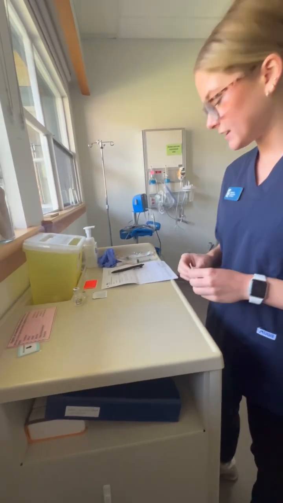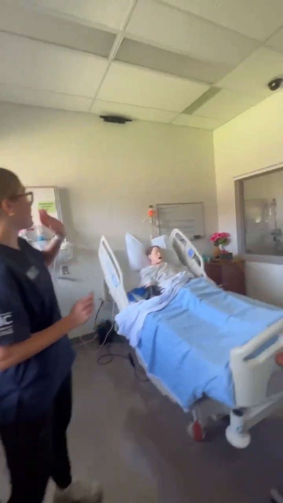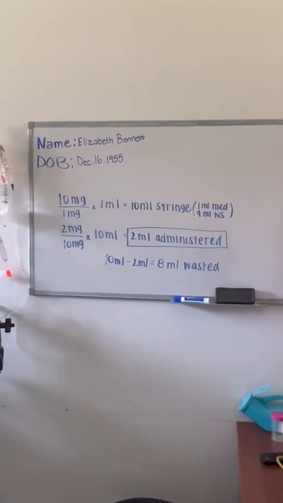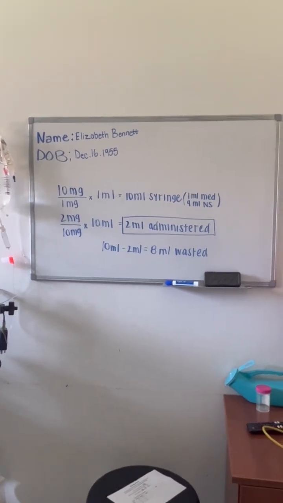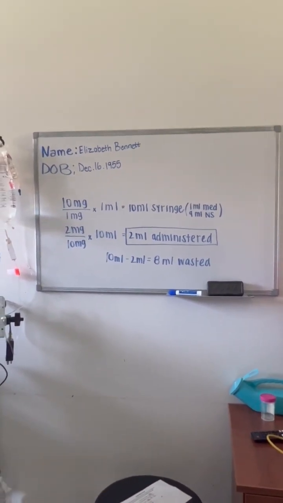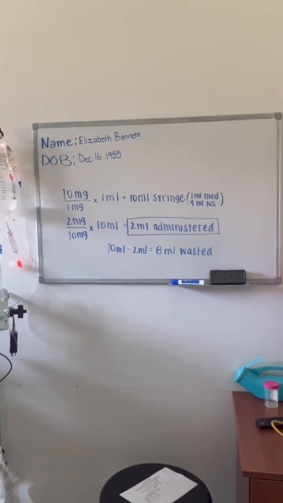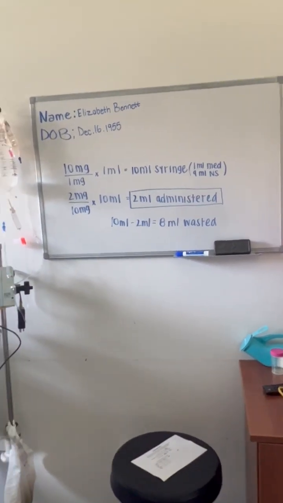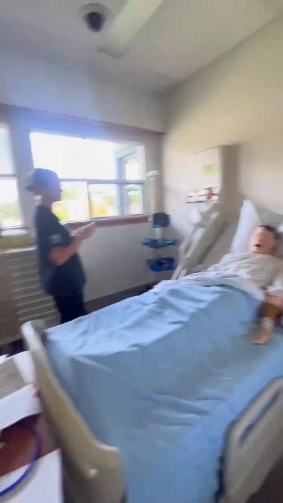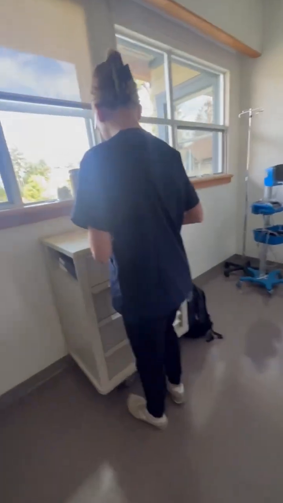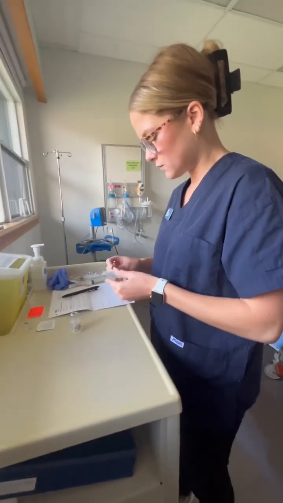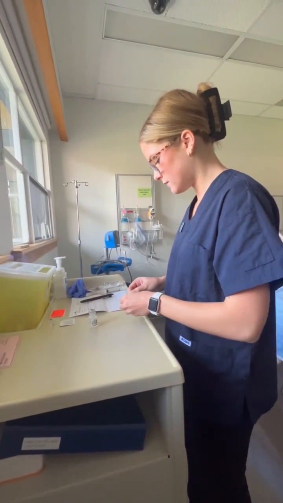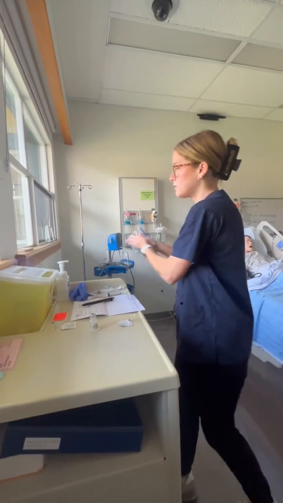All right, and I already have done my math, sorry. So over here you can see that I'm going to have 10 milliliters in the syringe, total 1 milliliter of the medication and 9 milliliters of the normal saline. And then I will waste 8 milliliters in order to get the desired dose of 2 milliliters of morphine. All right, so I'm going to take the normal saline here. First of all, I'm just going to